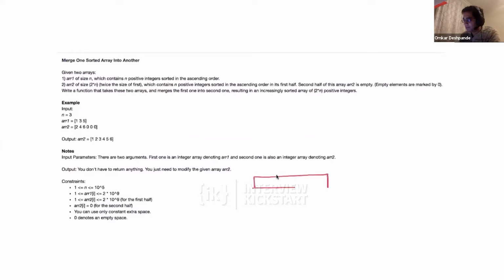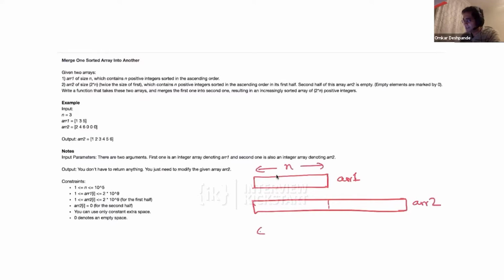So if this is array 1, this is array 2. If the size of this array is n, the size of the second array is going to